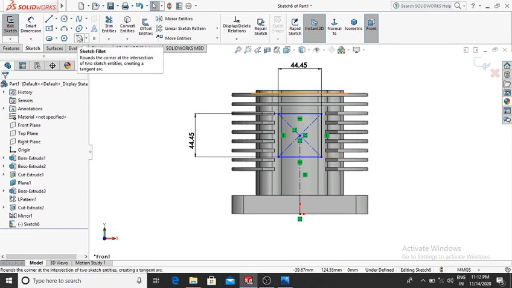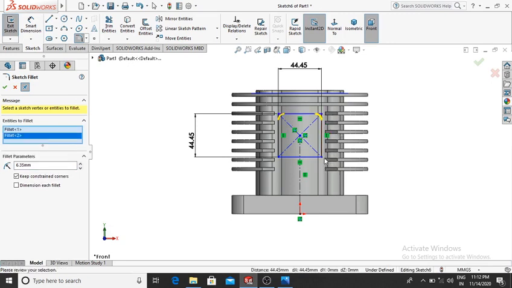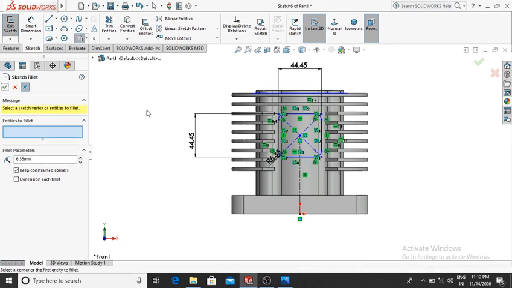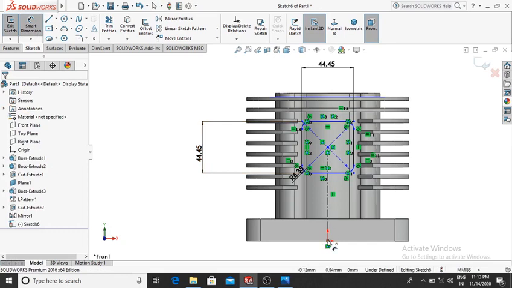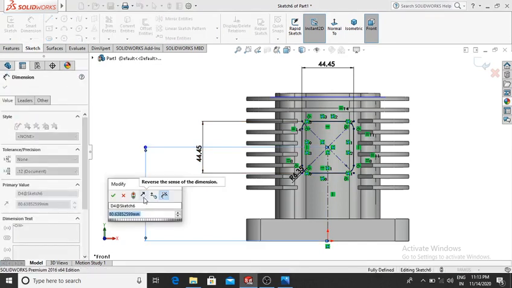Here we apply the fillet to all the corners of 6.35 radius. Select the first, second, third and this last one, then OK. And from this origin point, go to the smart dimension, select this origin point and select the center of the rectangle, and this gap will be 81.92,